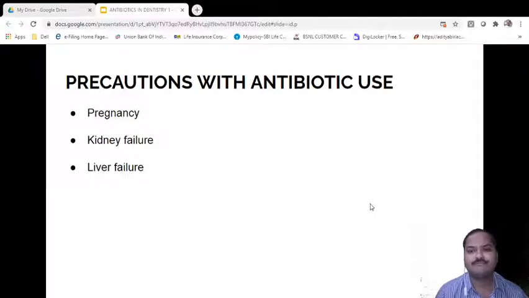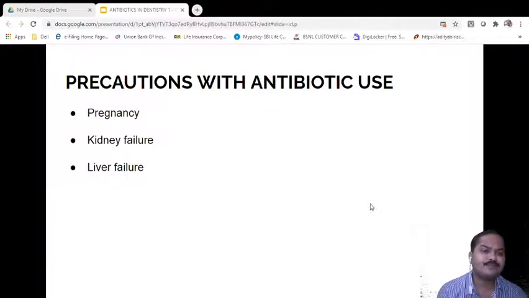Sometimes we have to give certain antibiotics, based on the assumption that they have not shown any human or animal effects, though these have not been evaluated with much efficiency. Most antibiotics are not to be given in pregnancy,